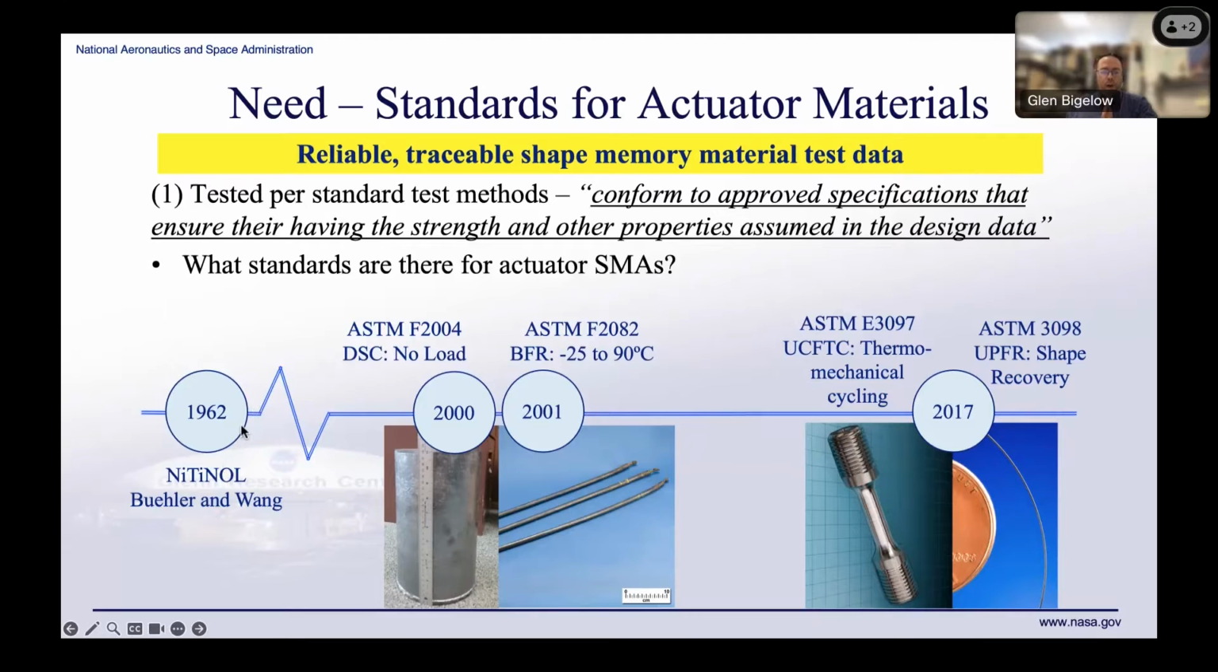Well, for nitinol, the most common shape memory material out there that's used, that material was developed all the way back in 1962 by Buehler and Wang. Now, a lot of people used it in ways that suited their purposes and maybe their customers, but it wasn't until 2000 and 2001 that we actually had some ASTM standards that would specify how to do testing for these